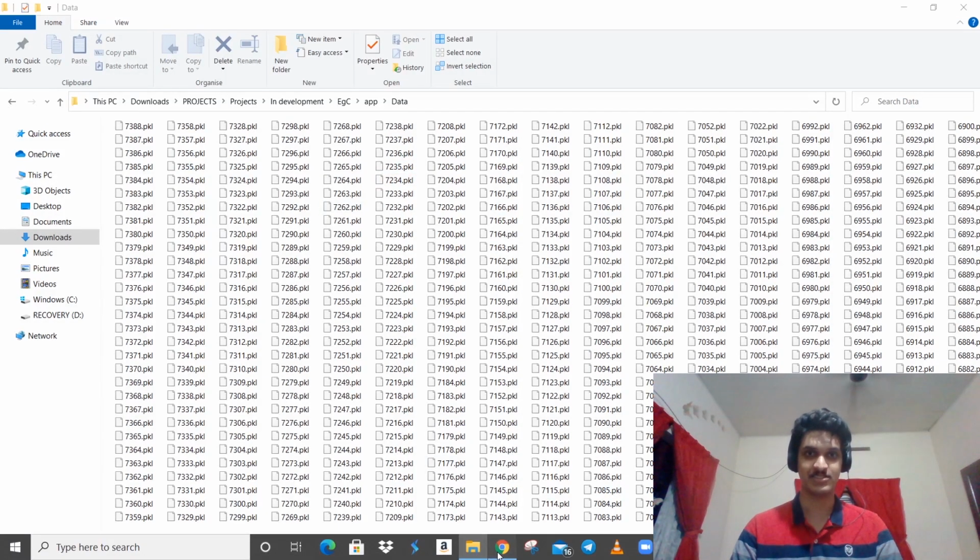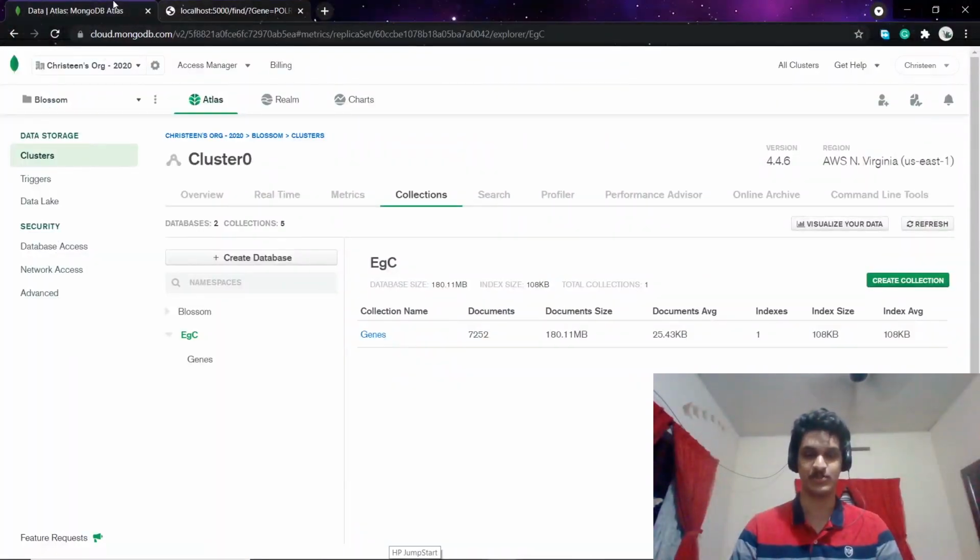Since there are more than 7,000 sequences that had to be uploaded into the database, I wrote a Python program to upload them automatically. So we have the database set up here. I used MongoDB Atlas, and all of our 7,252 sequences have been uploaded successfully, and it occupies a total size of 180.11 MB.